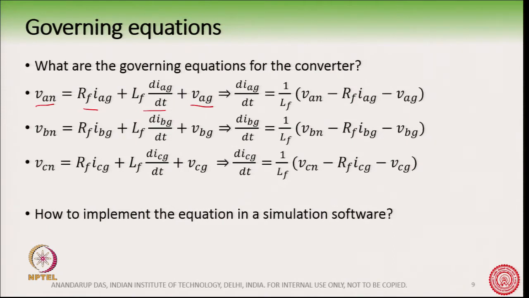We can write this equation in a slightly different format, like diAG/dt as something like this. This format of the equation, where you have the rate of change of the variable on the left side, is used during the dynamic modeling of the VSC. We will keep this in mind, we will not use it right now, but we will come back to this equation in the dynamic model.